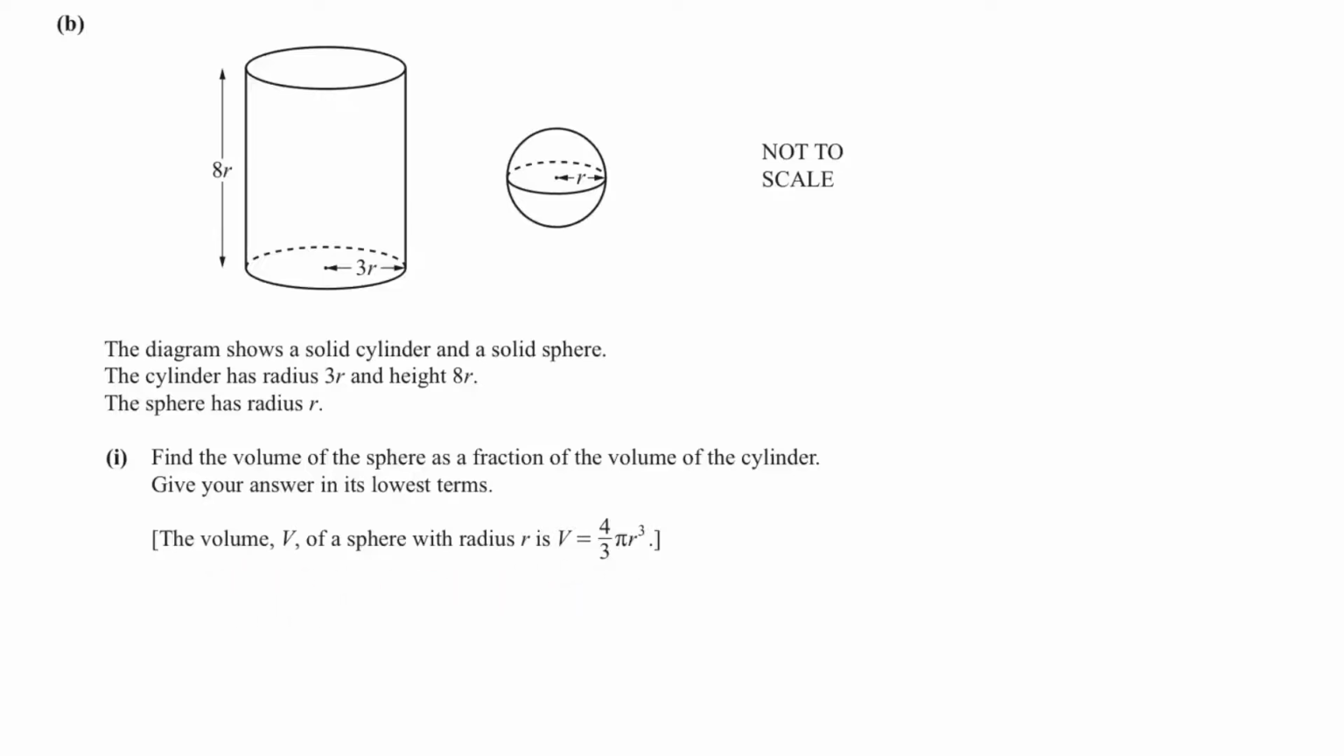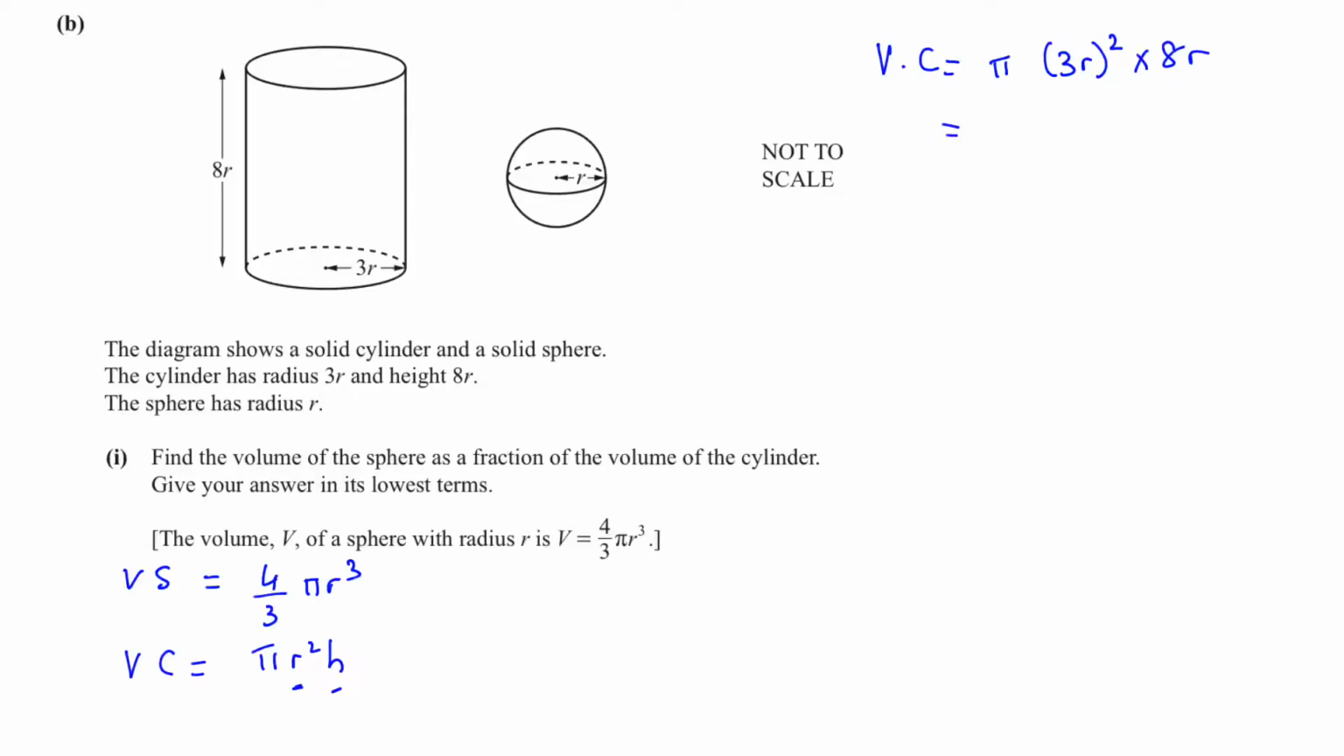Already the formula has been given to us. Volume of sphere is equal to 4/3 pi r cube. And the volume of cylinder is pi r square h. We have to replace the r and the h. This is the volume of the cylinder. Radius is 3r. So 3r square and height is 8r. This will give us pi into 9r square into 8r. The square is for both the terms inside, 3 and r, and we will have